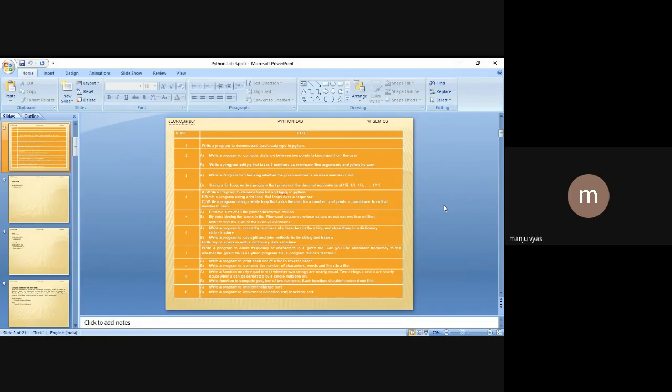Till then, try to submit experiment number 4 A, B, and C, but please do not use the same code which I explained. Try to do some variation in the code. For example, in list and tuple, I have calculated the cube. You can take any other operation and then create your tuple. Similarly, for loop, you can take any other pattern to show the demonstration of for loop. While loop, you will have to use the same code, but as I did a variation of whenever the value of count is 0, print start, you can do some other variation as well, right?